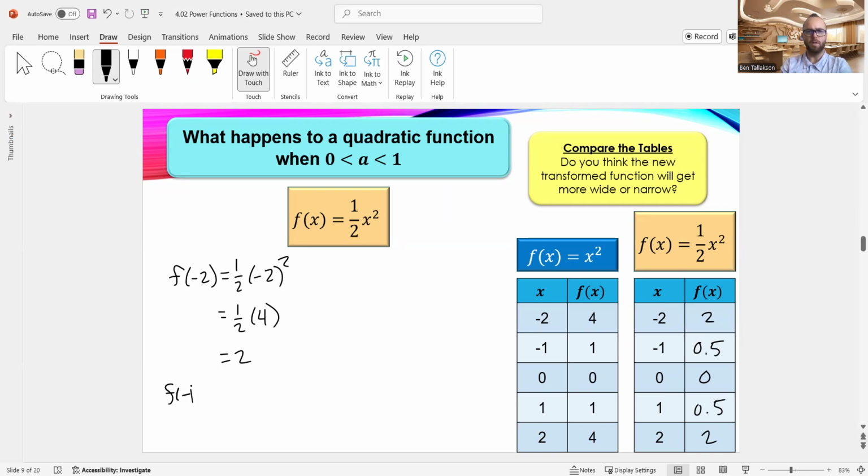F of -1, plug it into our function. -1 squared is positive. 1/2 times 1 is 1/2, also known as 0.5. 0 times anything is 0. I'm not going to do that work, but